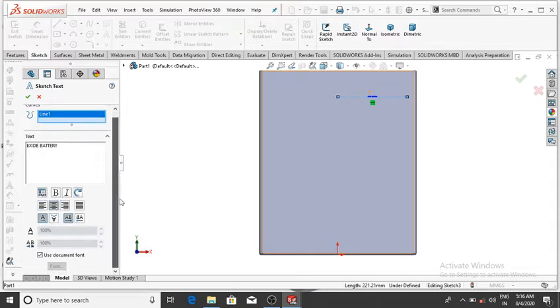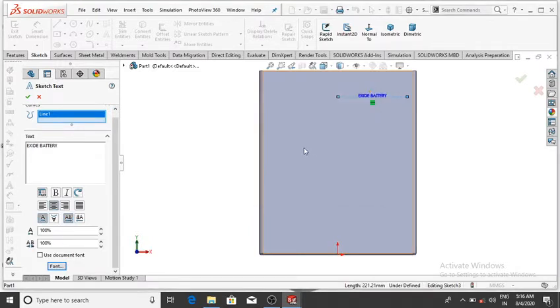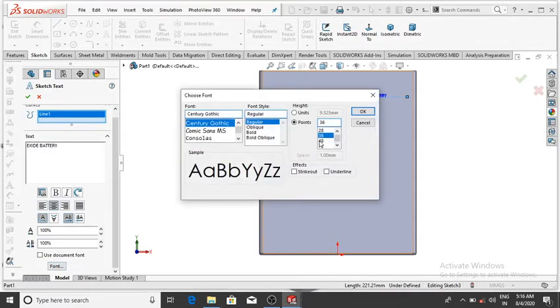Now we increase the font size. Simply go to the font and select the point size 36. Now it is very small, so make it bigger, select 48, then OK.